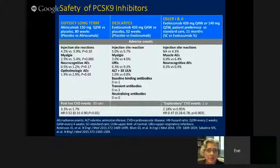Neurocognitive AEs have been the most concerning for people. Again, uncommon, numerically imbalanced. A little bit more in the memory category of neurocognitive adverse events, but again, not terribly common and not clinically significant to date. And then in the alirocumab study, a little imbalance in the ophthalmologic AEs. So again, pretty clean profile in really a lot of patients to date for over 1 to 1.5 years of treatment. Now that's not to say that there might not be safety concerns over longer durations of treatment,